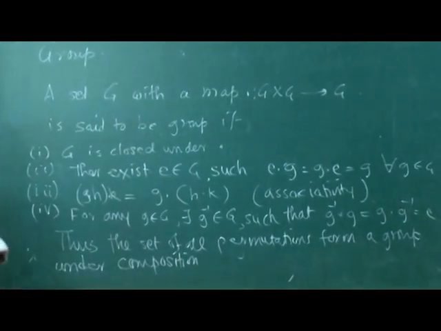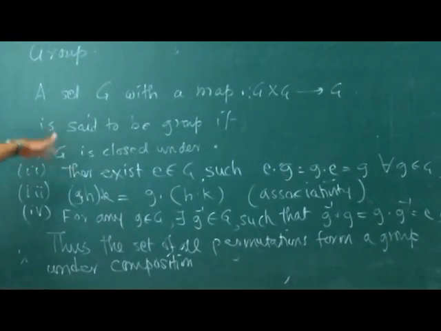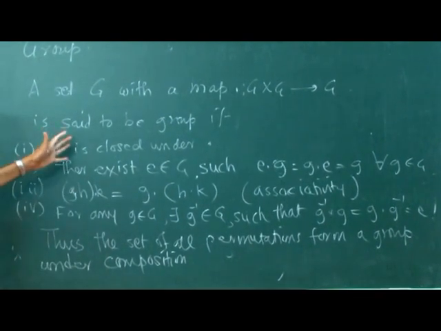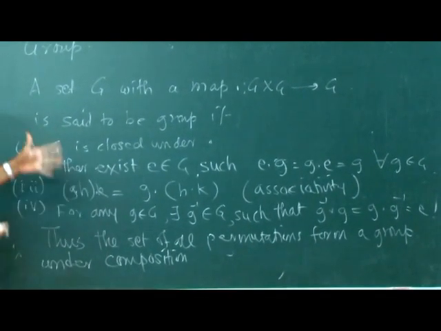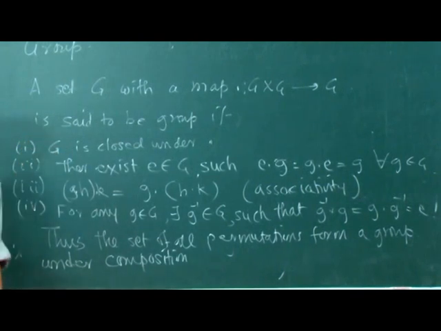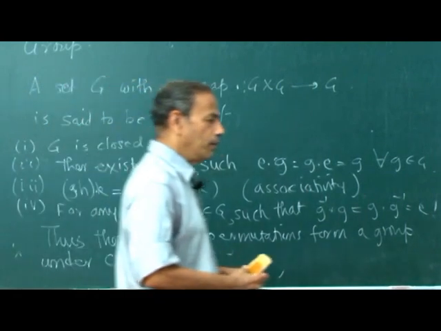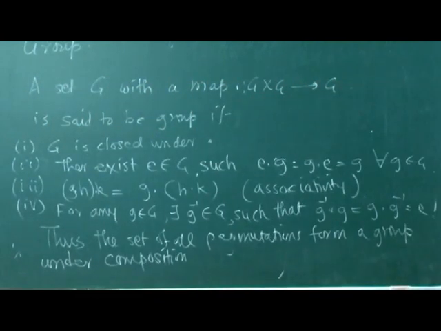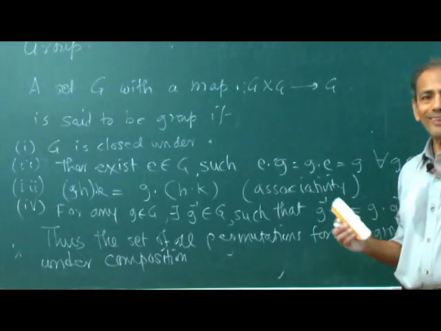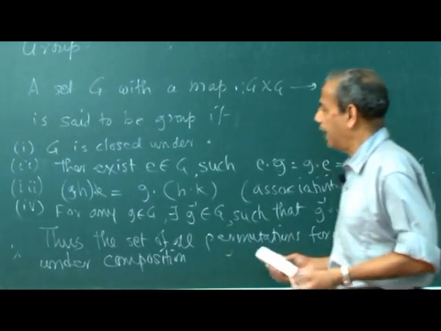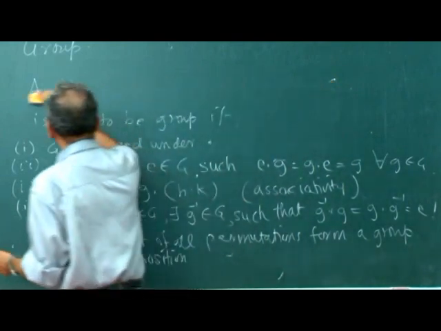It forms a group under composition. We have seen this because all the four properties are satisfied by those permutations, because these are the guidelines to define a general group. So once you have this group defined, taking a hint from permutations, now let us take examples, because without examples we will not have a handle on these groups.